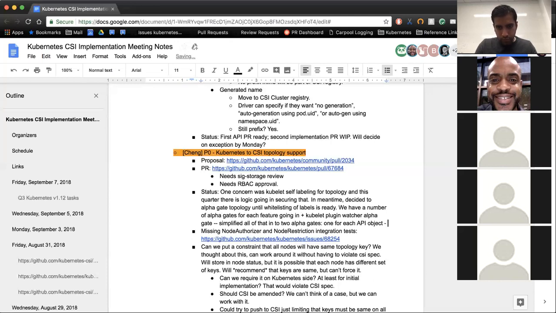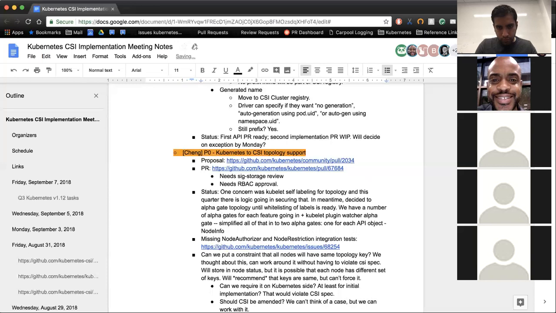One is the CSI node info flag, so that'll include the installation of that CRD and the Kubelet logic, but not including the node ID annotation logic. And the other flag gate will be for CSI driver registry. That'll include Jan's work on passing workload information and skip attach and stuff.